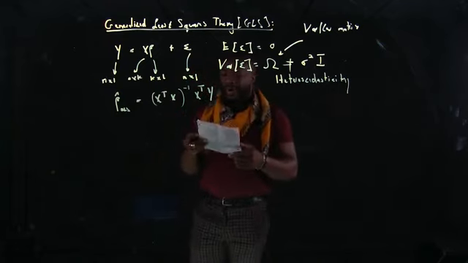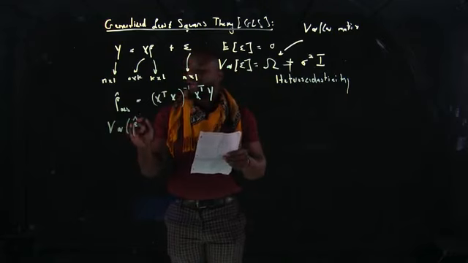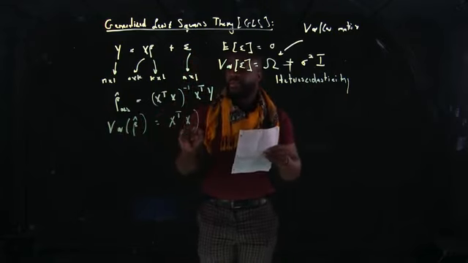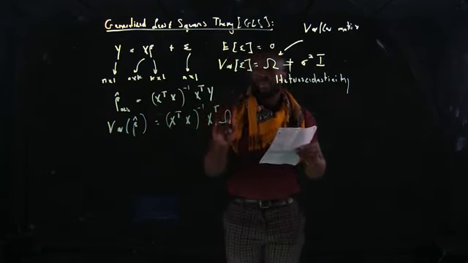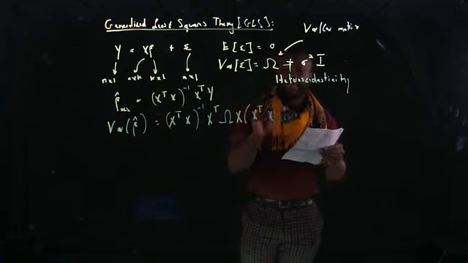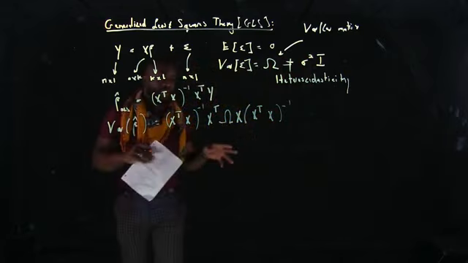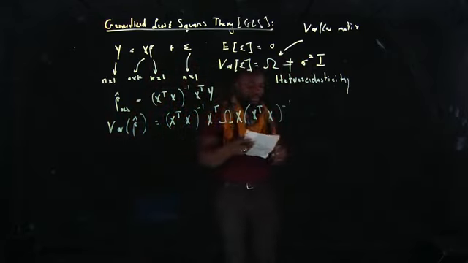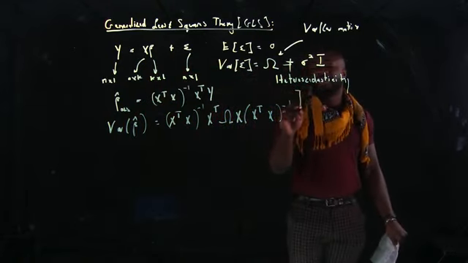For our variance, the variance of beta hat is going to be X transpose X inverse X transpose omega X X transpose X inverse. Now, assuming that we have heteroscedasticity, so the Gauss-Markov assumption is violated for that term, this variance of beta hat is going to be